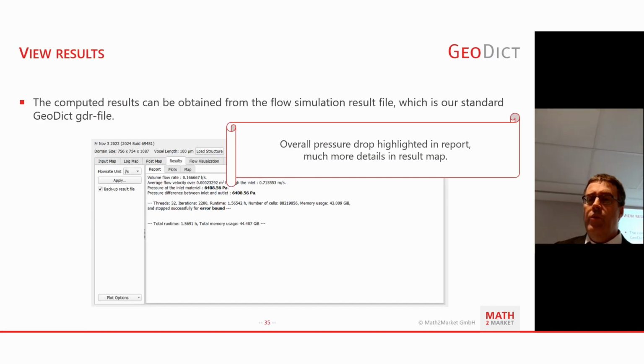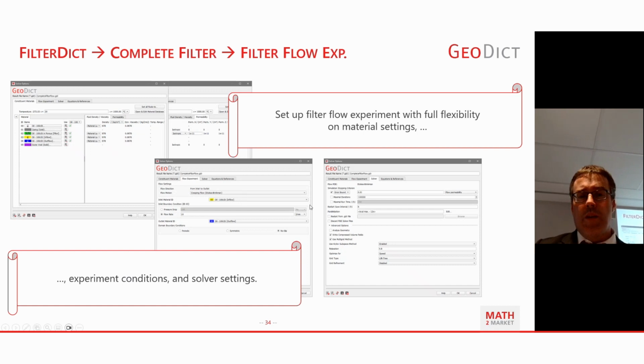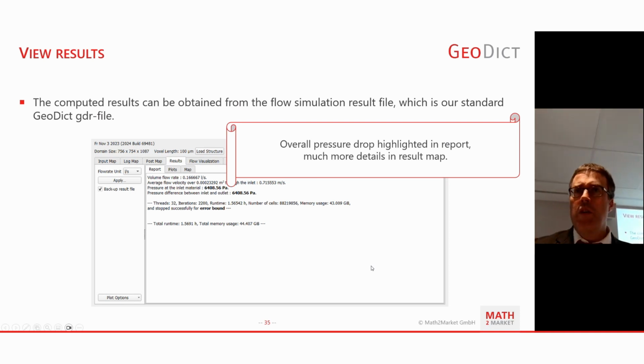Okay, after running, we get the result file, which can be accessed programmatically, which we will use later on. The pressure drop is highlighted prominently in the report, but also in the result map. Sorry, I was already there, wasn't I? Maybe I touched the mouse. So the pressure drop is highlighted in the report, down there, and in the result map, where it can be accessed as a variable from our optimization script. We'll come back to that in a second.